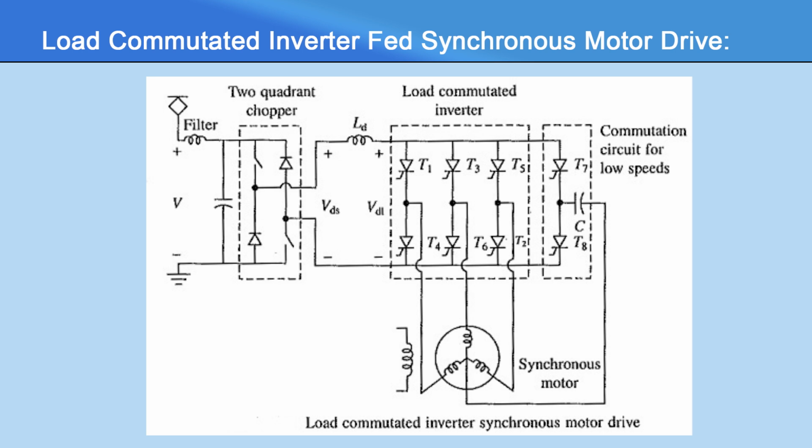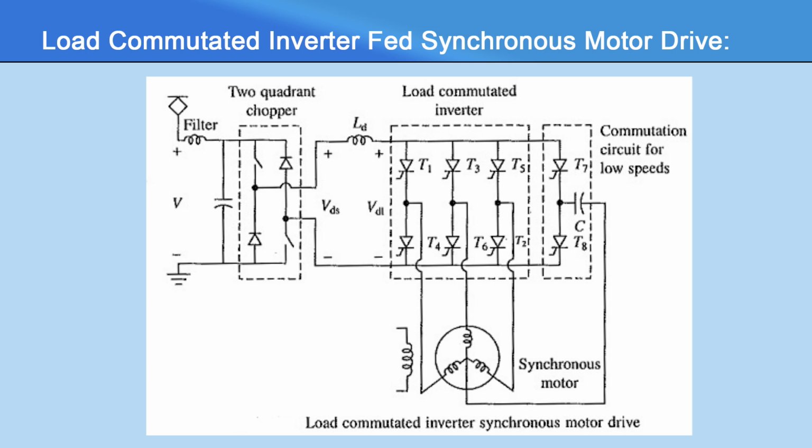The inverter is a current source inverter employing thyristors T1 to T6. The commutation of the inverter thyristors is done by the voltage induced in the armature of the synchronous motor. A chopper is used to obtain a variable DC voltage VDS from the fixed source voltage V. The VDS is varied with VDL so that a required current is supplied to the DC link and therefore to